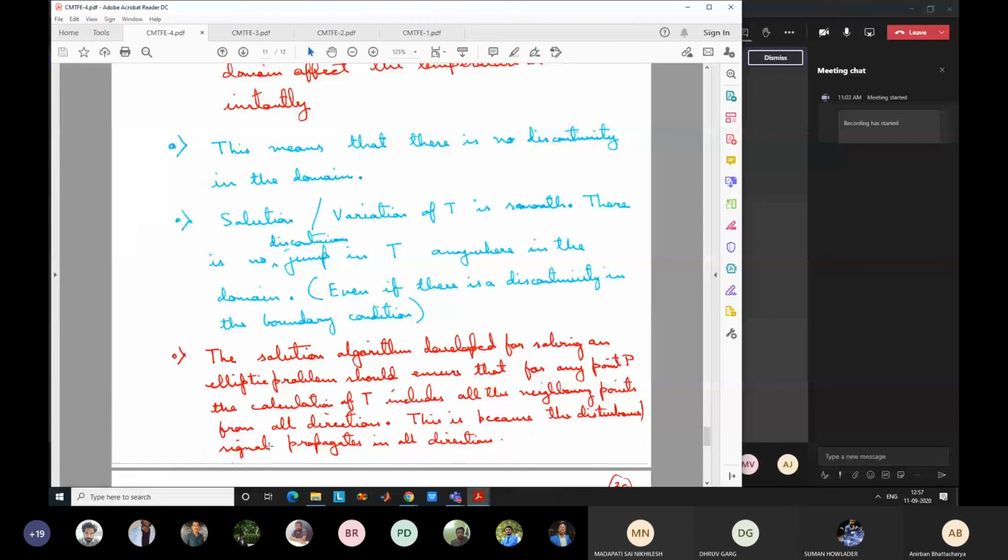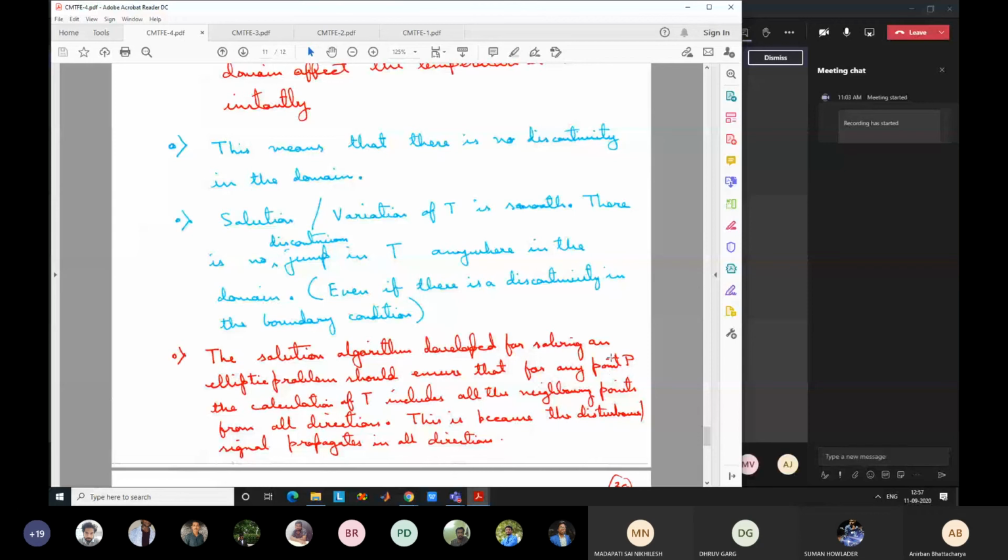Okay. In the other case, as we will see in the next class, for the parabolic equation, the information only passes in one direction. So we only need the algorithm to be dependent on the values from one direction, not from all directions. As a result, we will develop another type of algorithm where the dependent variable is dependent only on one direction value, not all directions. But in this case, our algorithm should involve any equation for P.